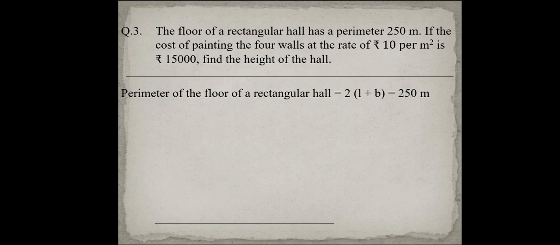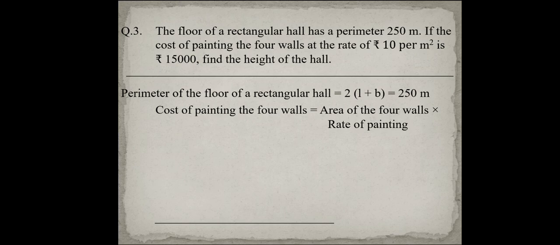So it means here we will get the area of the wall. Now the area of the wall means the lateral surface area. So lateral surface area is equal to 2h into (L plus B). 2h into (L plus B). Now remove h here. So what remains? 2 into (L plus B).